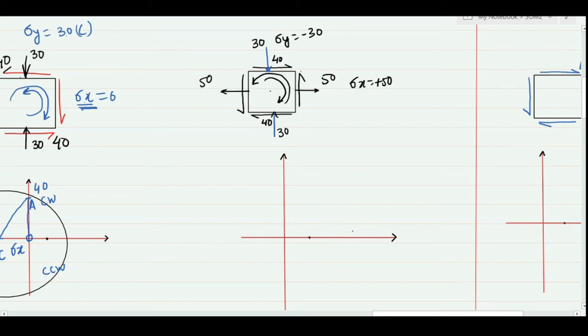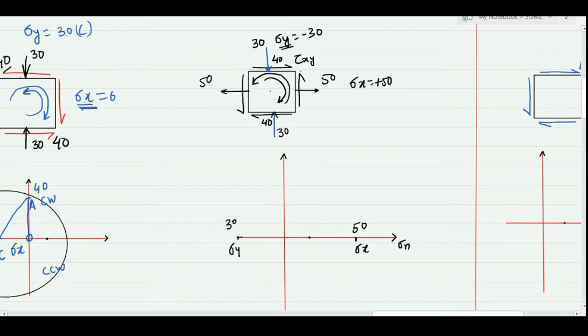So let's make my sigma x and sigma y both on this horizontal line. Let this be at 50 value and this at 30 value. So this is representing sigma y, this is my sigma x. Now let's make the shear for the vertical face which corresponds to sigma y.